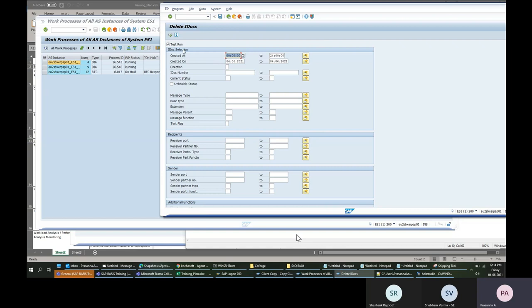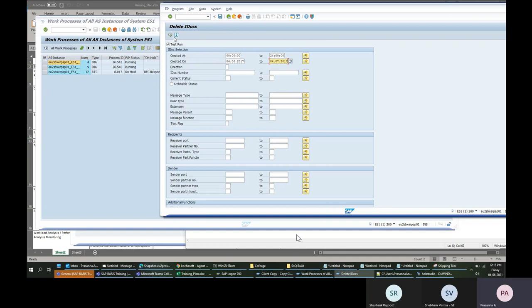So I can choose if I want to delete data created before 2017, in June and July of 2017. If I run and execute it, it will run in dialog.